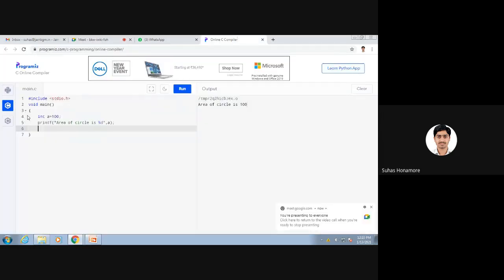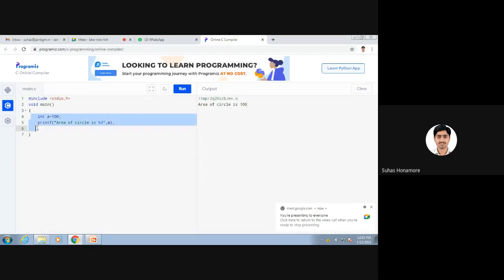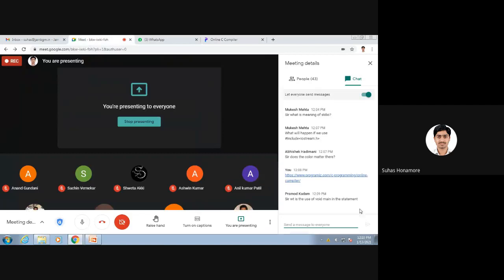Otherwise it will always be there here. Inside the open bracket to the close bracket, one statement you always have to write: return zero. Without knowing the meaning you can write it, no problem. You can always prefer integer here. But better to keep it clean here. Whatever we write, we'll see all the things, then in the end we'll add the return statement also. Any other doubts? Okay, no, sir. So we stop today.